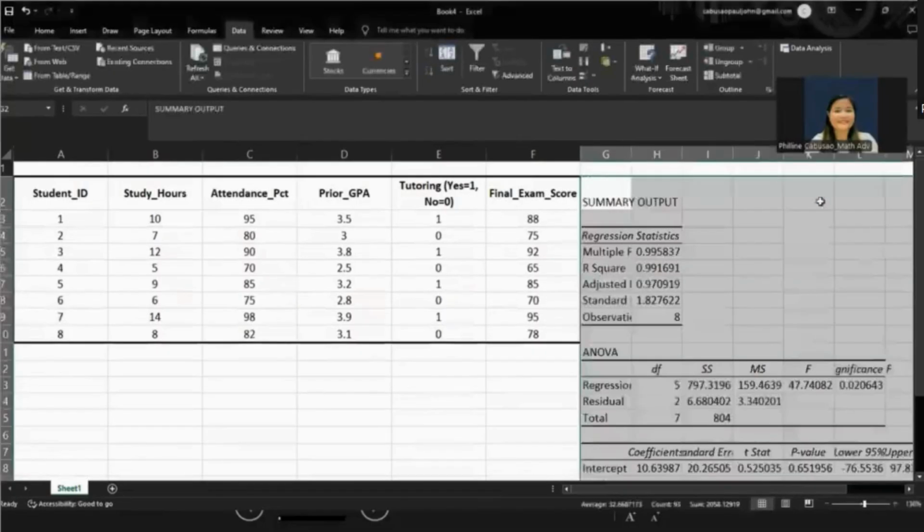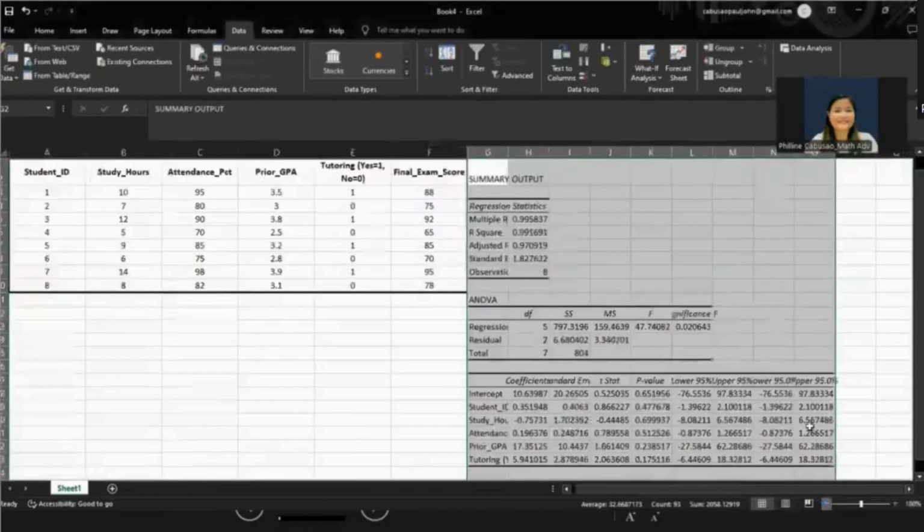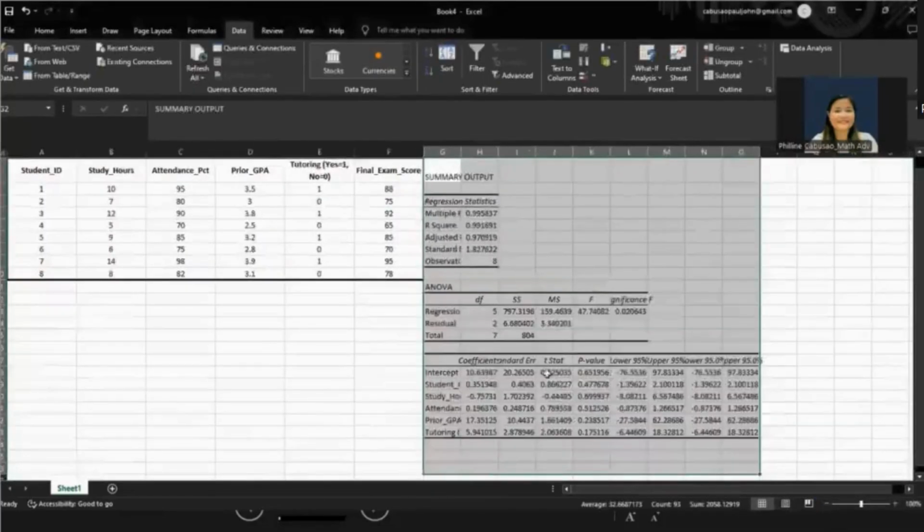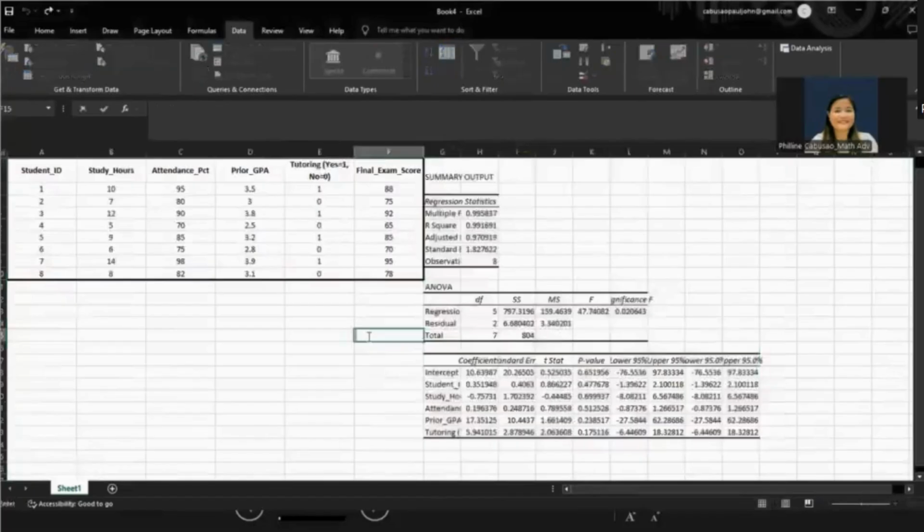And you click OK. So once you click OK, you can already find the data analysis. We will be using this analysis in our interpretation of the data.